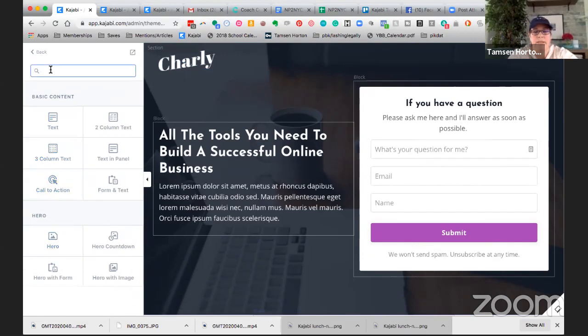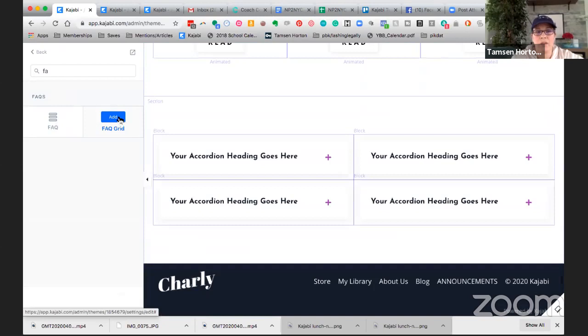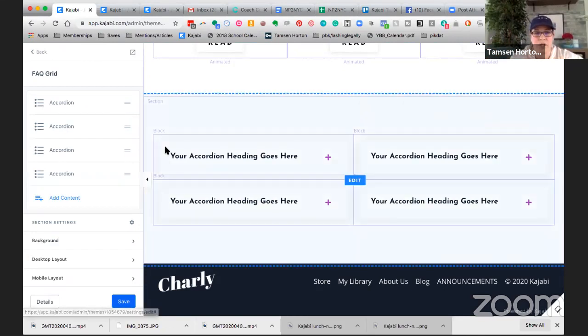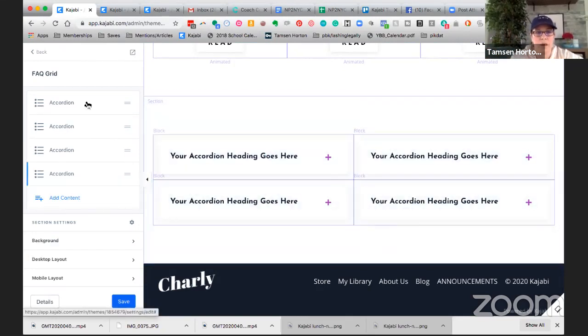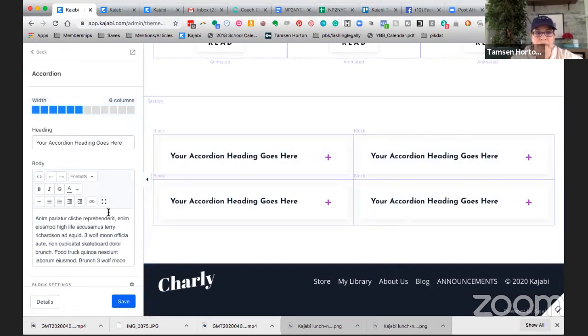So here, if I type in FAQ, I can either do it as a stacked column or a grid. I personally like the look of the grid because it takes up less space and it has the same function. So here, all of these are what Kajabi calls accordion, which if I click on one of them, I can edit the